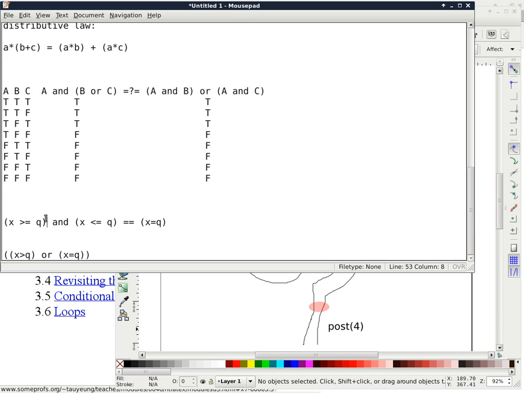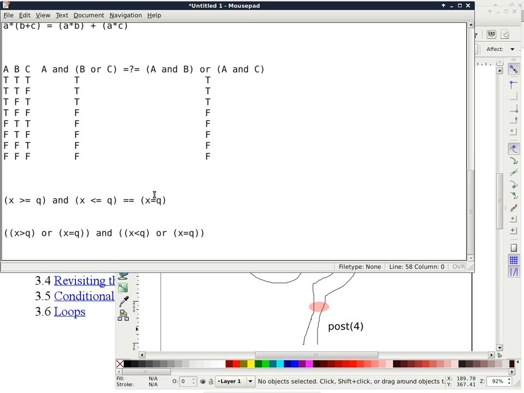This expression is actually hiding a disjunction inside. The other one is about the same thing. We are hiding a disjunction on the inside too, so we have x less than q or x equals q. So what you do is you apply the distributive law twice. In other words, you do the cross product of the two. So you end up with x is greater than q and x is less than q as one component, and x is greater than q